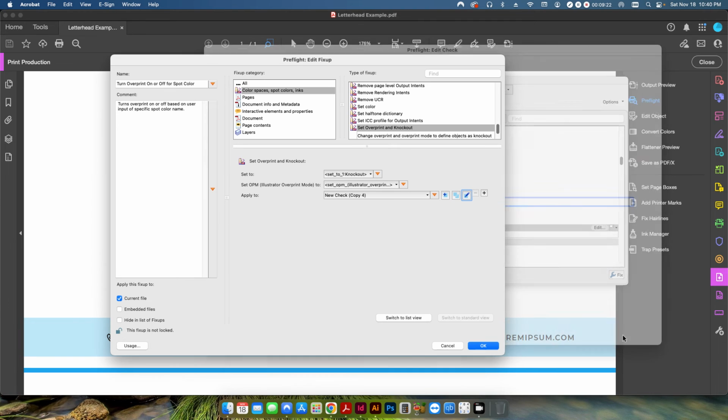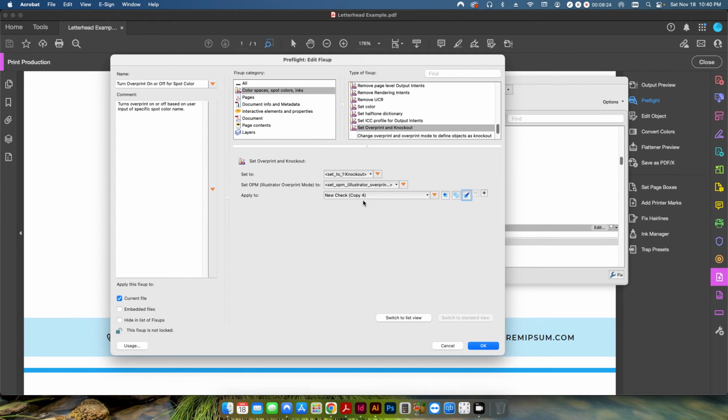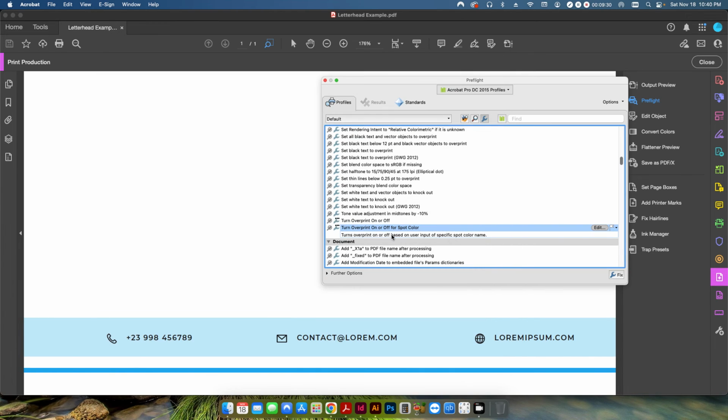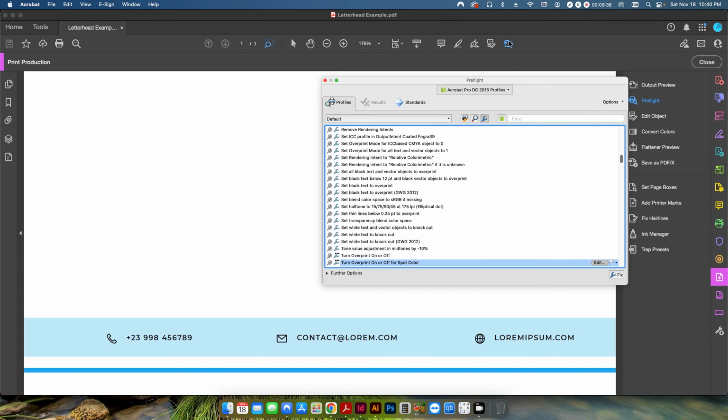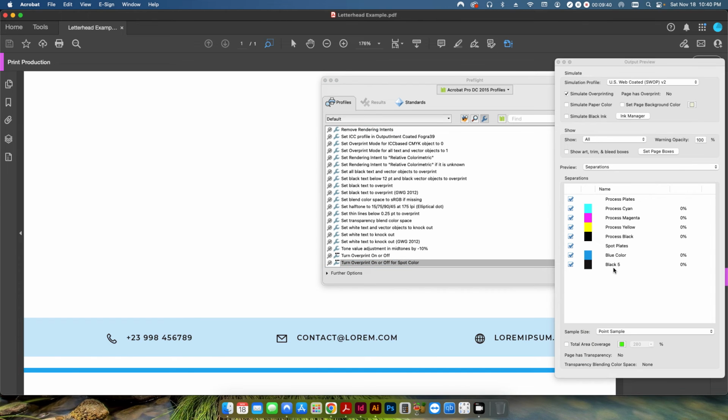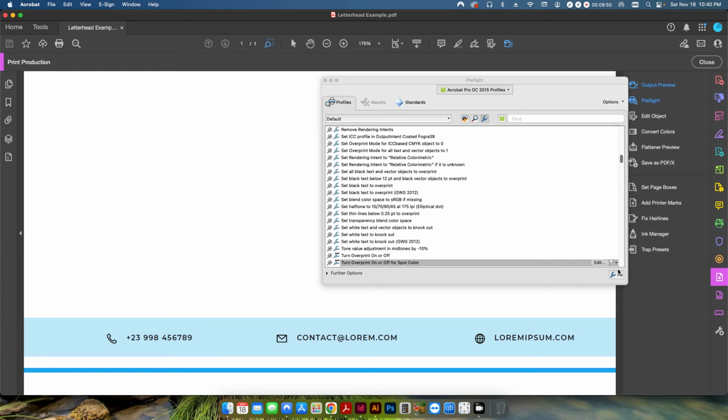So we click OK to go back here, and this is changed to a new check, which is what we just defined there, and I hit OK. Now when I click on Fix, it's going to prompt me for whatever that spot color name. So actually, if I cancel this and go back to my output preview, I can see what I named it: Black 5. This is going to be case sensitive as well, so I'm going to have to use a capital B, a space, and the number 5. So I'll click on my fix-up,